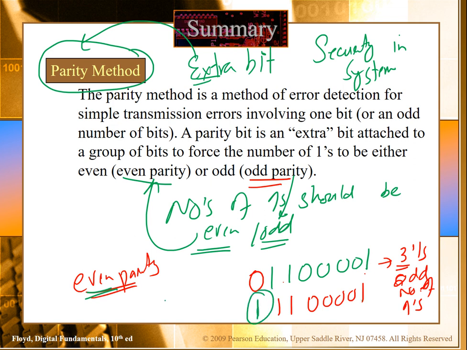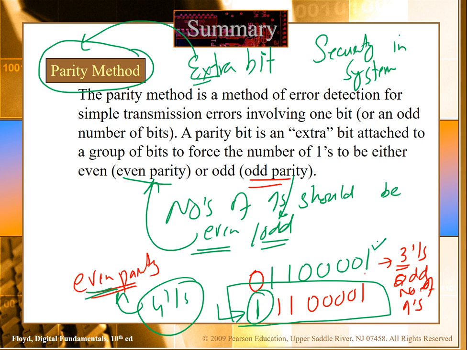So in this case, 1 2 3 4, we have 4 ones, which is even. This code has even parity, and the other code has odd parity. So we can define the parity of our system based on the number of ones, even or odd. For this we add an extra bit, and this extra bit provides security to the data system.